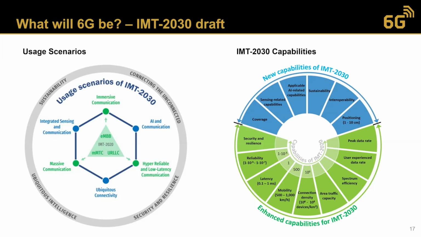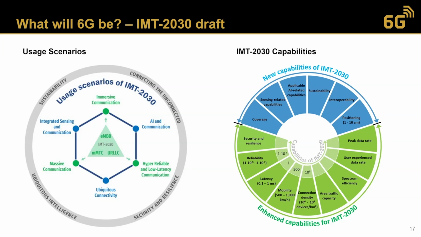So in terms of the capabilities, the operational needs of 6G, they have outlined many different, let's say, capabilities of 6G. And here also we have 2 colors, the green and the blue. The greens are the ones that are enhanced capabilities of IMT 2020. So they are basically the extension of 5G that goes into 6G with higher numbers or higher or lower, more